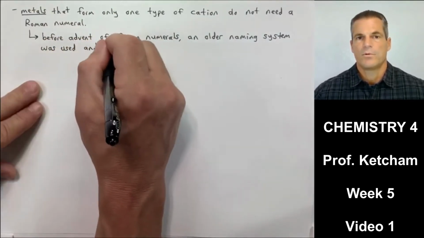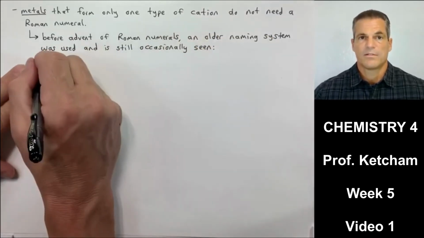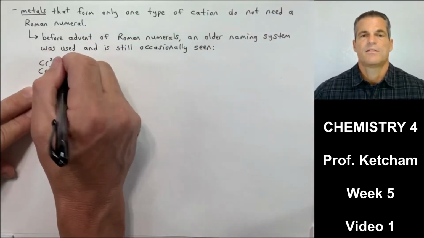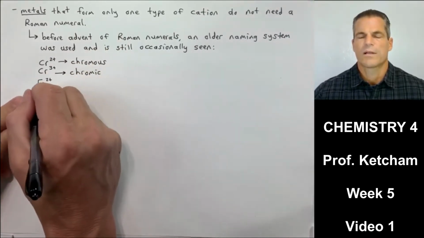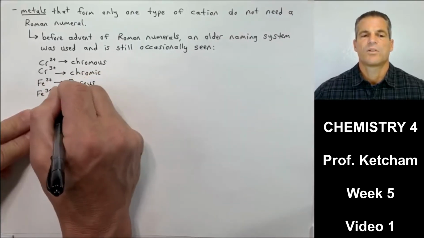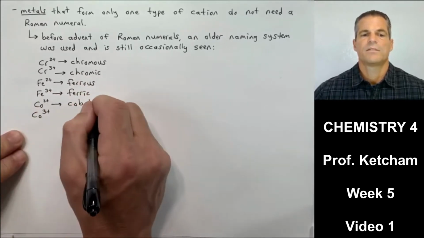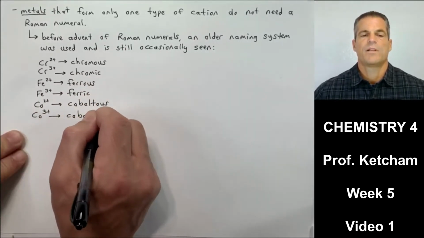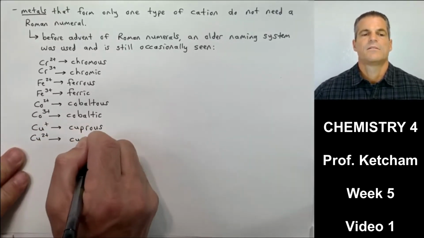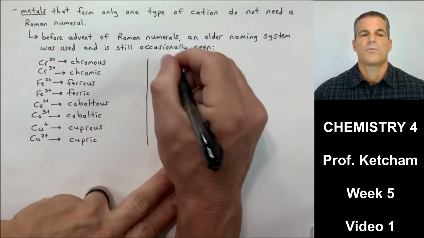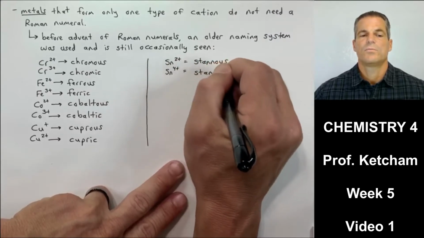So nowadays we use Roman numerals, but before the advent of Roman numerals, an older naming system was used, and it's still kind of seen today. So it's best if we just go over it real quick. Cr2+, chromous, Cr3+, chromic, Fe2+, ferrous, Fe3+, ferric. You can see the -ous and the -ic here, right? Co2+, cobaltous, Co3+, cobaltic, Cu+, cuprous, Cu2+, cupric,